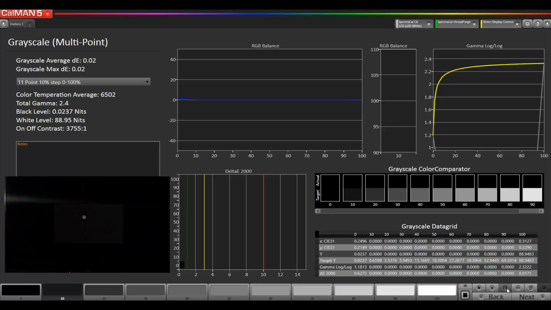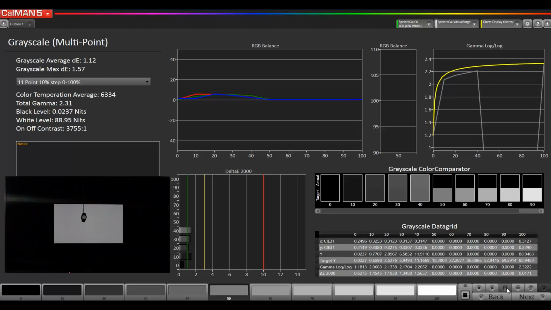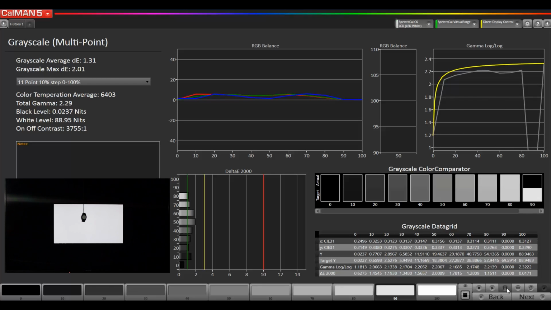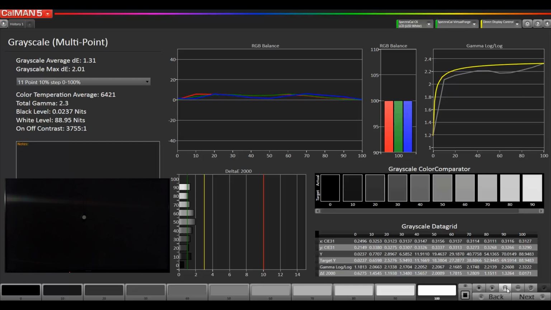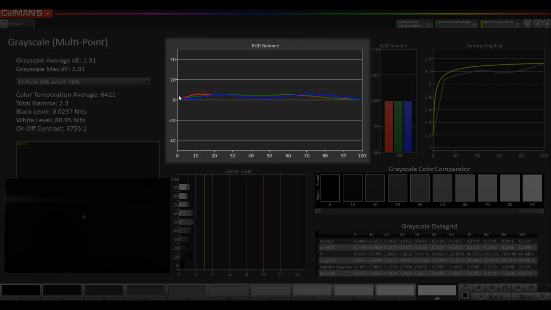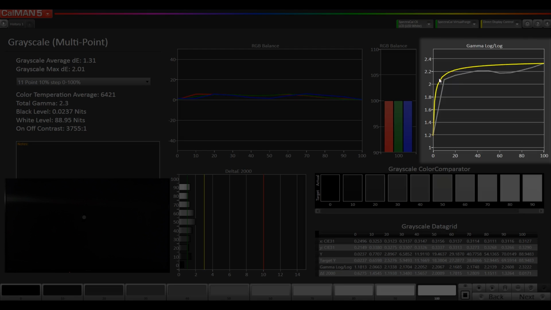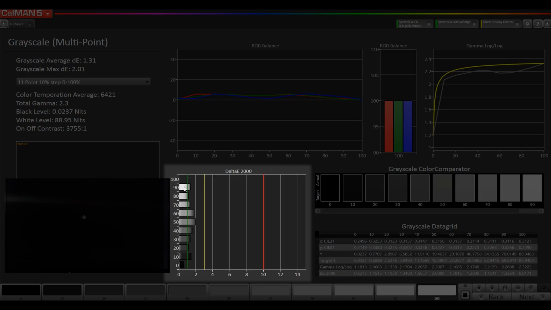Since then, we adjusted the 2 points of grayscale. We adjusted 1 point at 100 and 1 point at 30. When we remeasured our 30 and 100 after adjusting 100, we found that we were able to balance out the red, green, and blue pretty good at the bottom end. And you can see that here in our results so far. So all we've done is adjusted 2 points of grayscale, and already we're seeing that this display is pretty well balanced. Ideally, all 3 lines would be across the 0 line. And you can see here our gamma even improved a little bit after doing our balance. Our DE2000 error shows us that almost everything is at about 1 of DE,